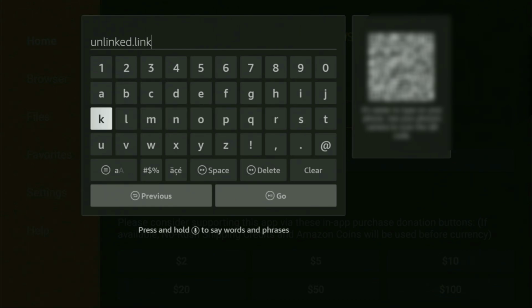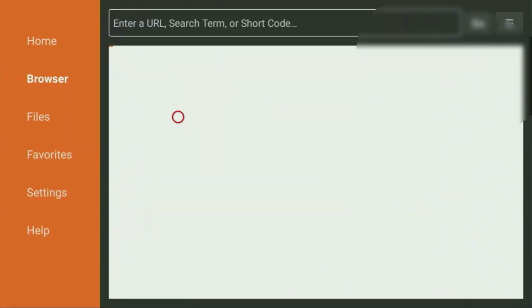Here we go, you can see the whole link on your screen right now. Make sure to enter it exactly as you see and do not make any mistakes, because obviously if you make a mistake, the link is not going to work. Then you have to click on Go, and while the website is loading,